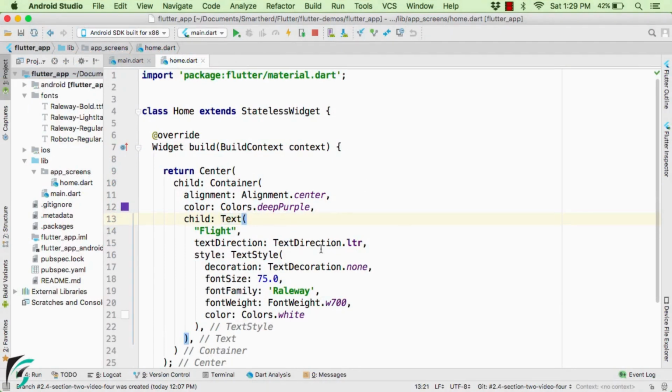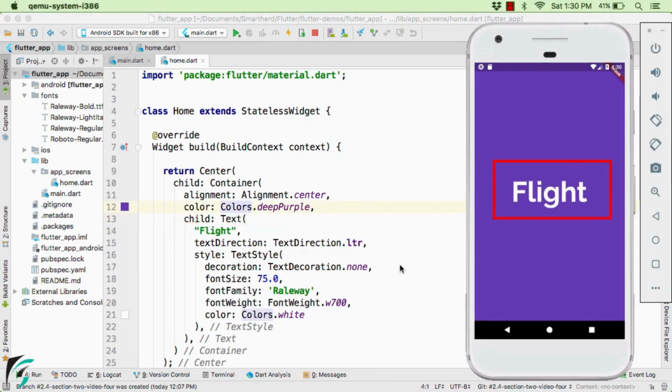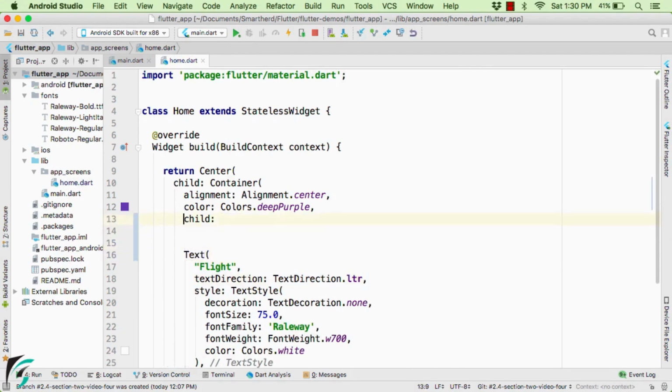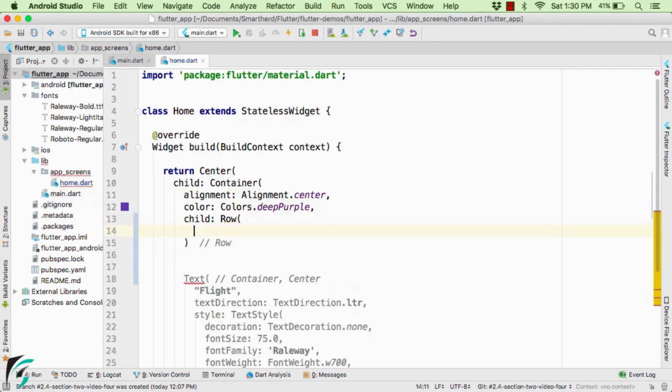Within our home.dart, I have a child of text, which currently appears in the center of the screen. Now in the center, in place of text, let us put our row widget and place multiple texts within it. So as a child of our container, let us put our row widget. As mentioned, within our row we have multiple children.